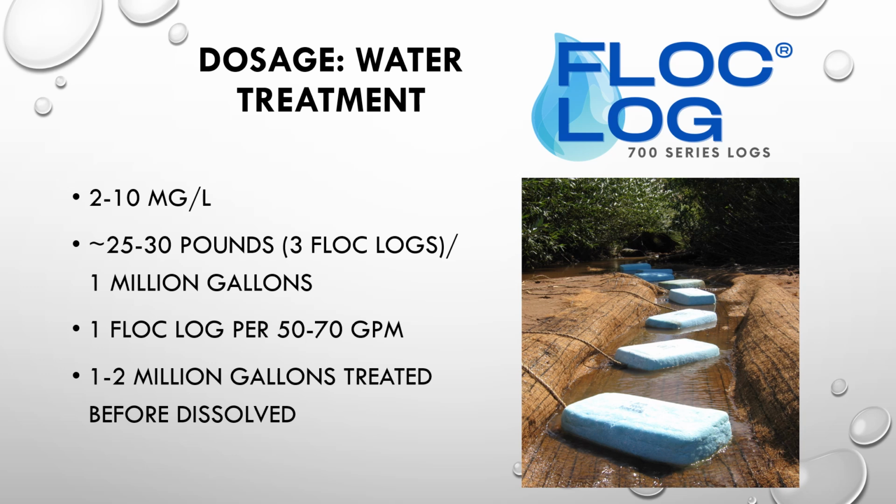Now, once we get upwards of about 800 to 1,000 gallons per minute, that starts to increase past that 10 milligram per liter range, and we would adjust it depending on the flow rate. So what we ask people to do is, we're happy to teach people how to do those calculations, but we